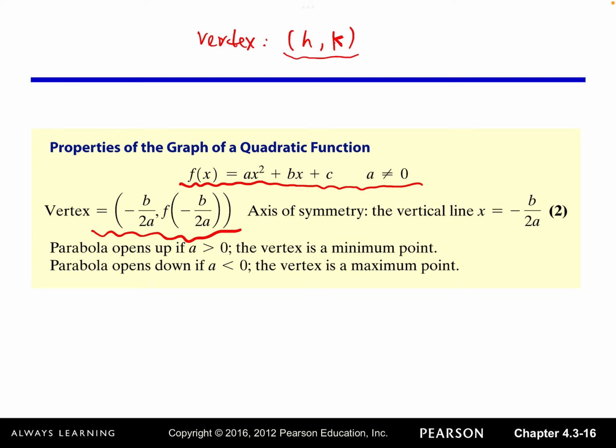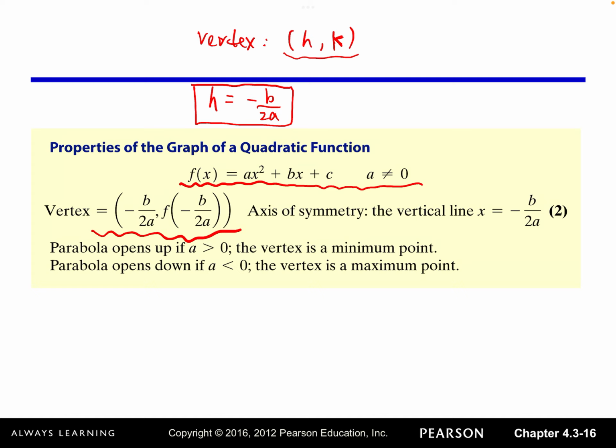Earlier we talked about how we can write a quadratic function from standard form to vertex form, right? So we can identify the vertex right away. But without writing it in vertex form, actually we can find the vertex using this formula. The x coordinate of the vertex, we call it h, equals negative b over 2a. Okay, remember this formula. So once the quadratic function is given, we can identify the coefficients a and b,